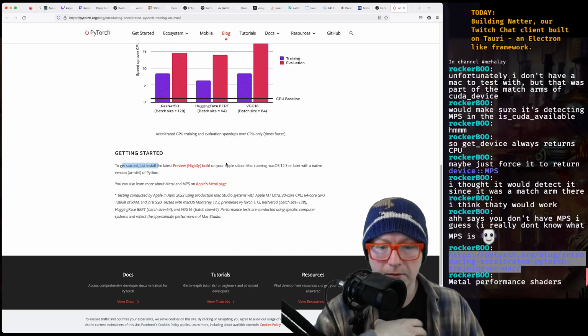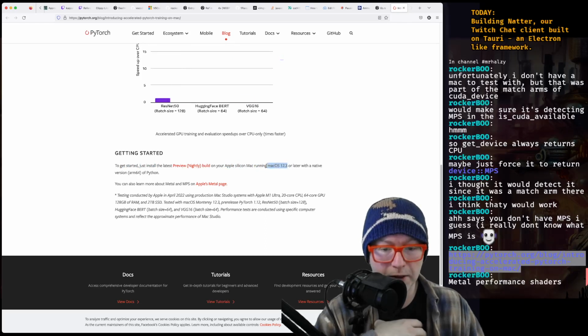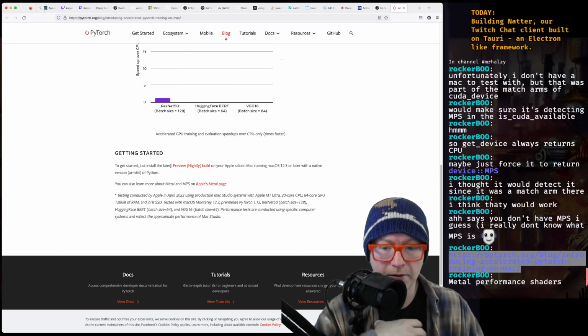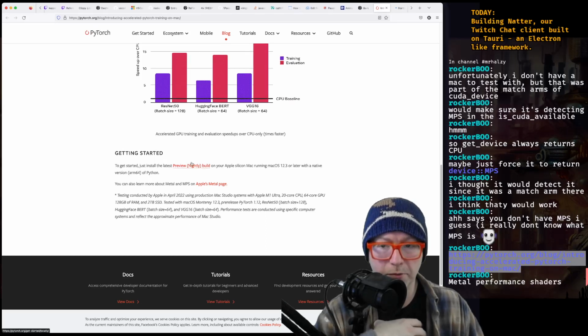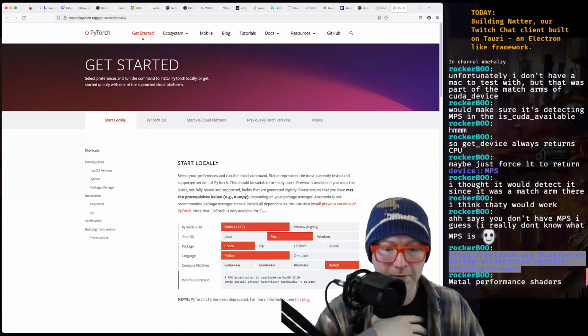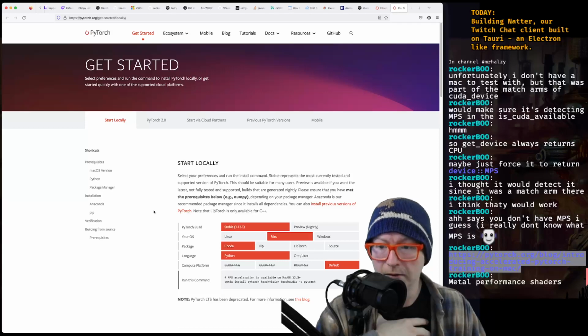Oh. Okay, so I had to do an upgrade because I was behind a little bit. It looks like it could have worked on what I had, with a native ARM64 version of Python. I think I have that. Preview nightly build, as of... Let's see.